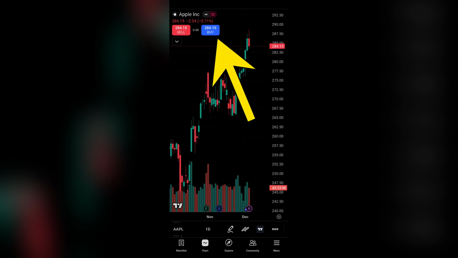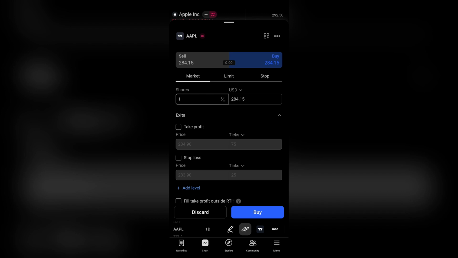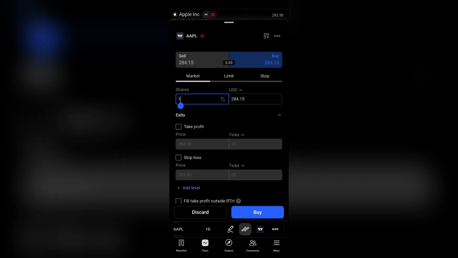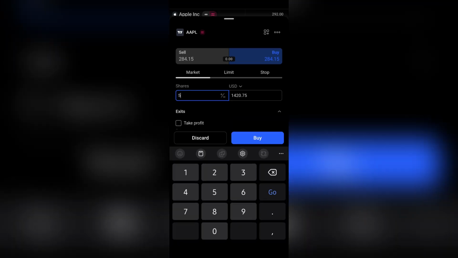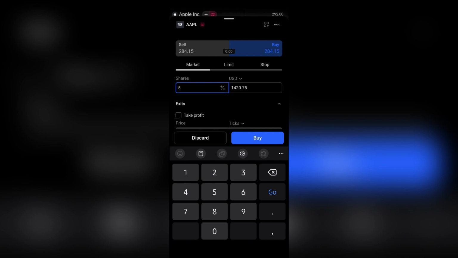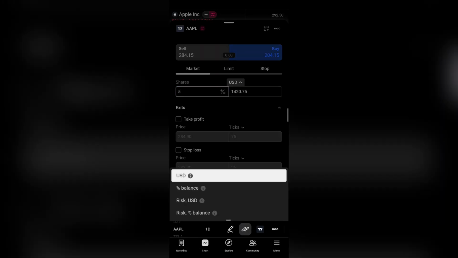If you want to buy, tap the buy option right here, and if you want to sell, tap the sell option right here. Just simply tap either of the options, and after that you can choose how many shares you would like to buy at the very first, and then it will show the currency. You can change the currency which you would like to use in order to buy the shares which you have